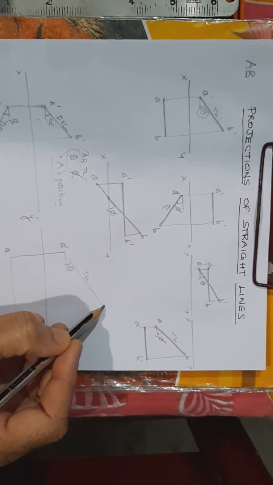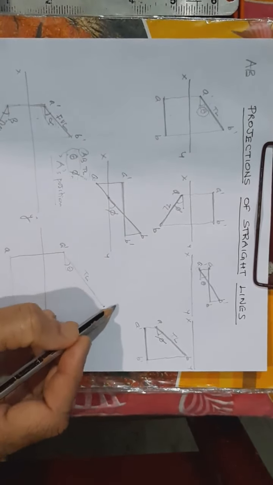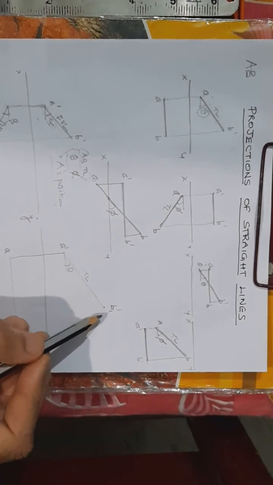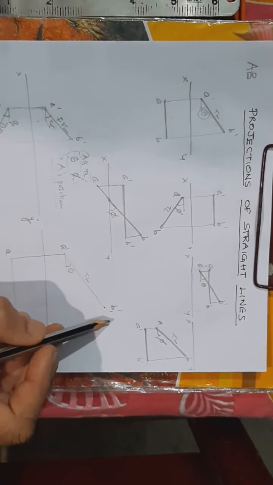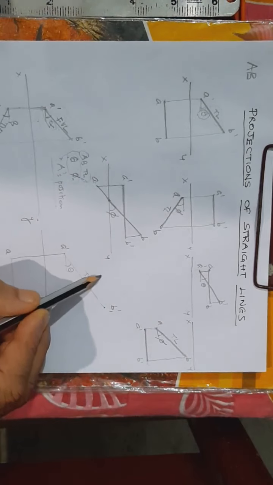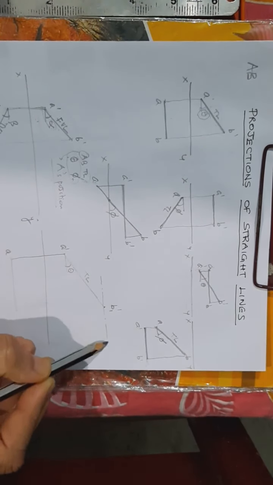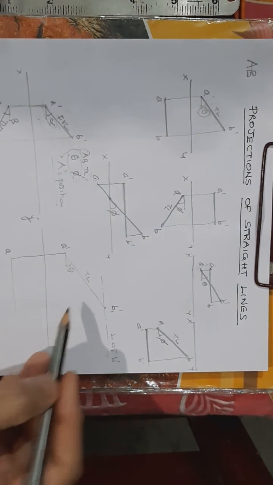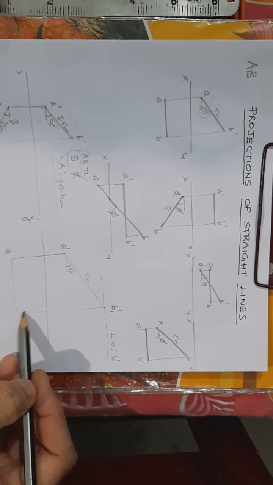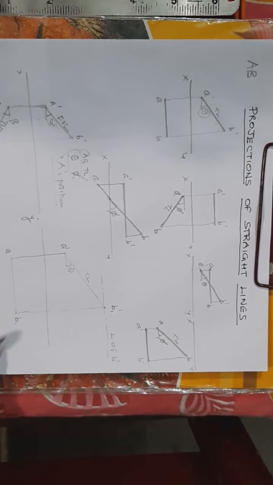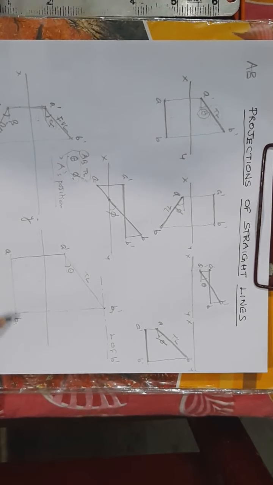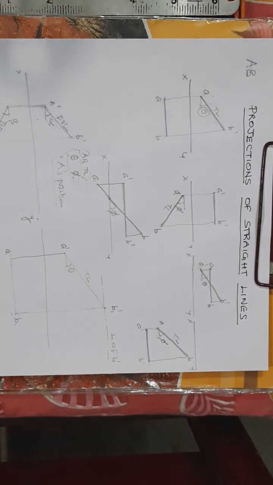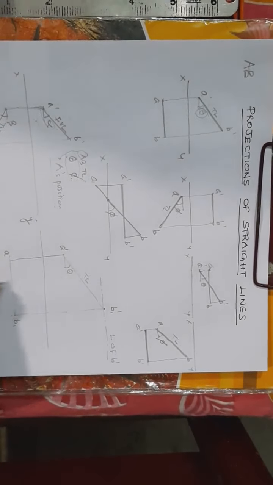And after taking the true length here, since this is not the final front view, we will not be able to see the true length in the final front view, isn't it? So we name it with a subscript, that is B1 dash, and through this we draw a locus line parallel to the XY line, and we write it as locus of B dash. Corresponding to this B1 dash we get the top view, that is B1. Now what is this AB1? This is the top view length. The line is inclined to HP and parallel to VP. That is the first assumption that we make here.